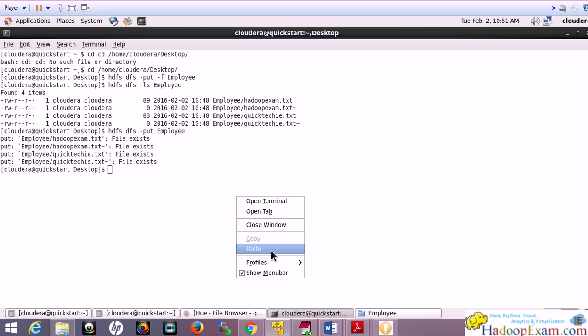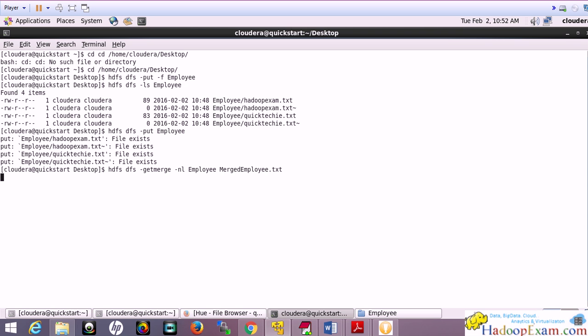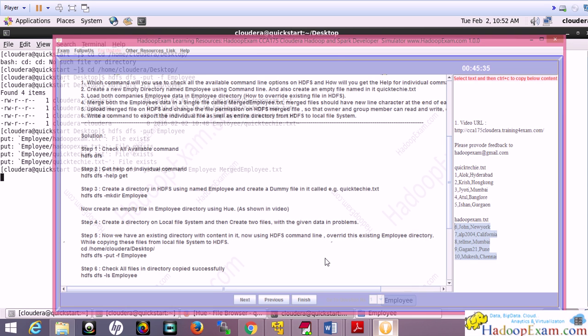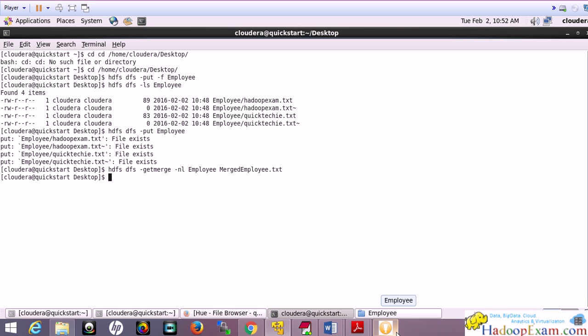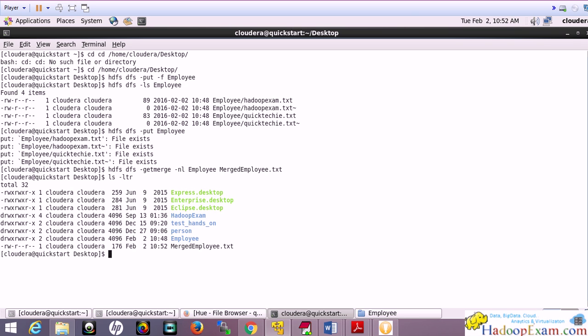So let's copy and paste this command, hdfs dfs -getmerge. It is the same in the simulator. HDFS DFS getmerge, with the new line character we want to use between two files, then the employee directory, and the merged output is given here. Let's do ls -ltr. On the local file system this file should be created. Let's cat this file and